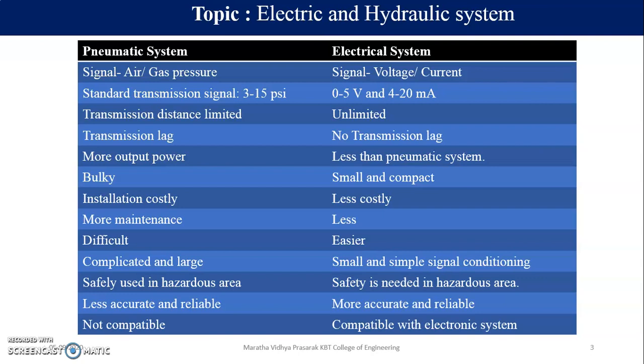Now let's talk about what is the output power. The pneumatic is going to have very high power. As I told you that I want to punch something on a metal sheet, तो punching के लिए कितना power लगेगा? Electrical भी करेगा, लेकिन फिर उसके लिए उतने high grade की, उतने high torque देने वाली motor चाहिए. Okay, so it will unnecessarily increase the size, it will unnecessarily increase the cost of the electrical system. So instead of that, whenever we require very high power, we shift to pneumatic system.